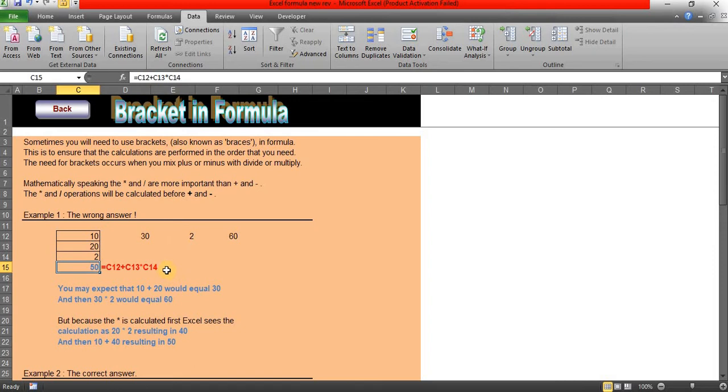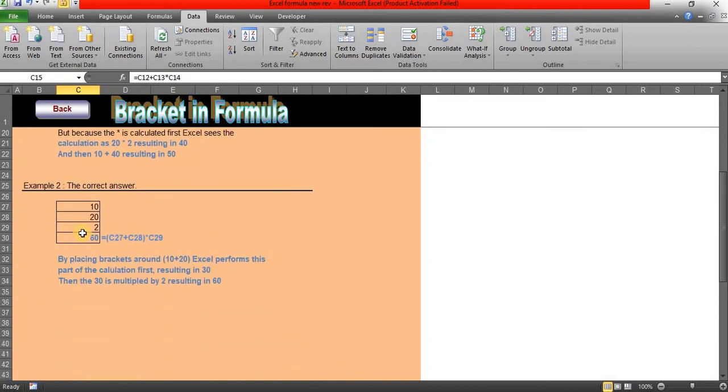Why? Because we have not used the brackets within the formula. You should use the brackets. So here, first you need the equal sign, you need to select the range, plus, then you need to close the bracket.